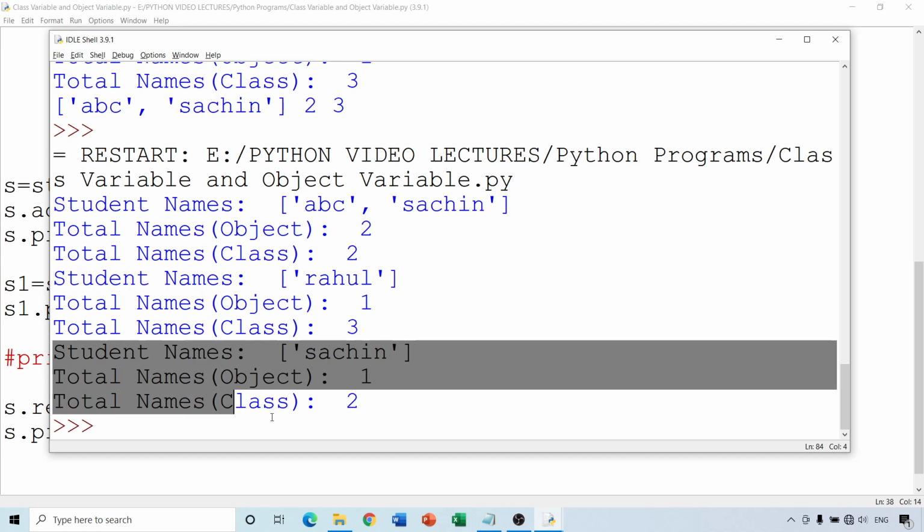Now Sachin is the single name in the object S. Total names in the object S1 and total names in the class student are 2, because in S1 there is one more name, Rahul.